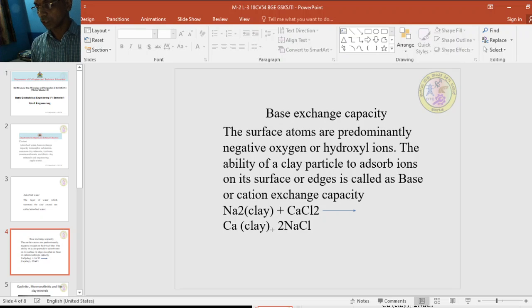But if some more positive charge or opposite charge having a higher strength than the existing opposite charge present on the adsorbed water surface comes in, then these existing charges get released from the base and the stronger charges get deposited on the base. This exchange of ions takes place at the base level, and that is called base exchange capacity, where a cation exchange takes place. Therefore it is called cation exchange capacity. For example,